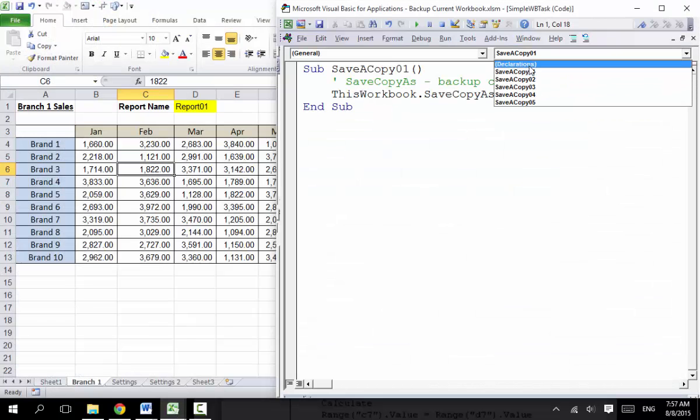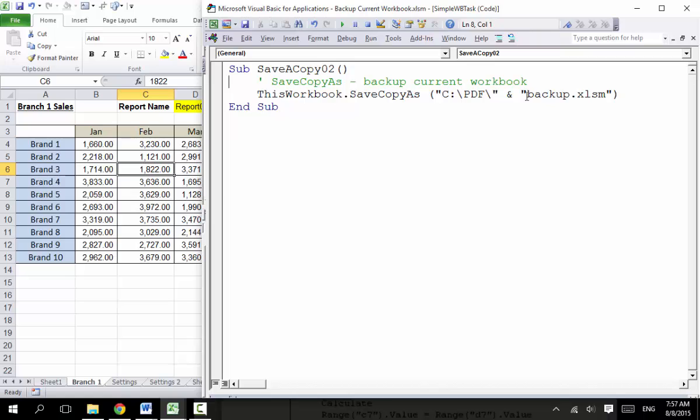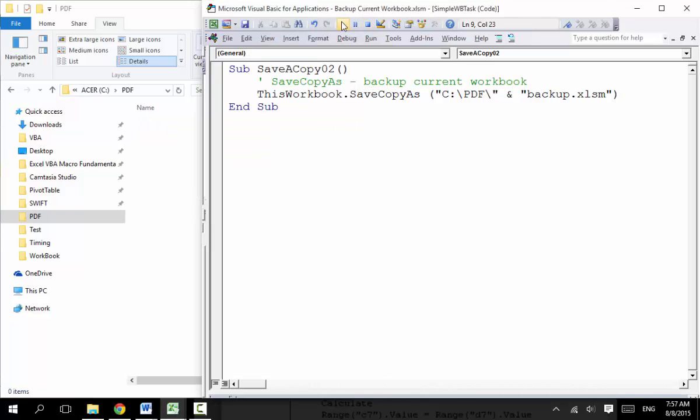Next, we want to combine with another workbook. So we separate the path and the file name altogether. So it's the same. We just replace this. So we just delete this. All right, the code is the same. Nothing much change. So this .SaveCopyAs is a handy way to back up the current workbook. Next,